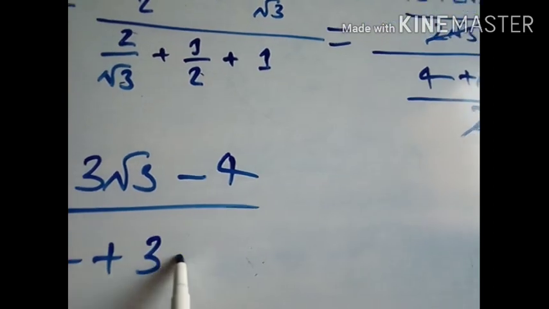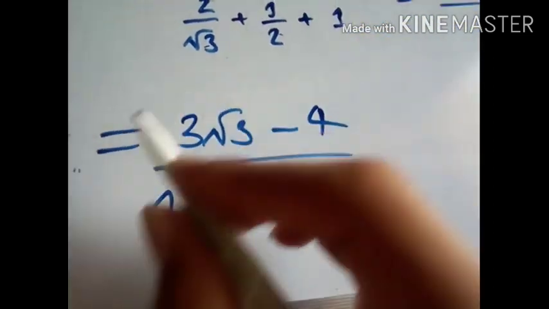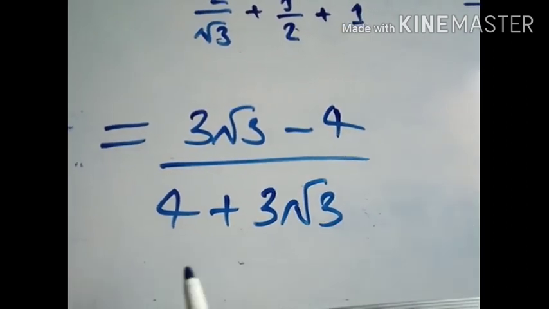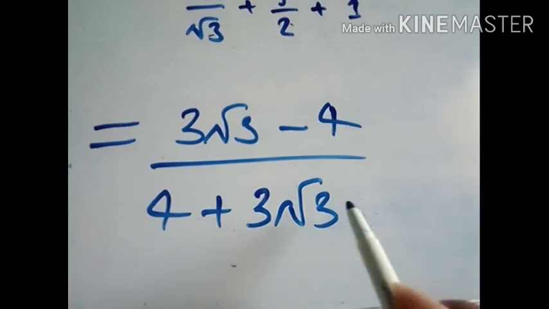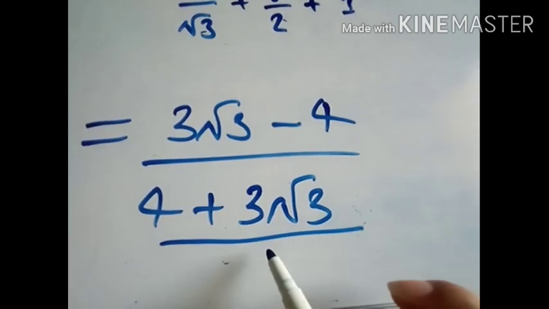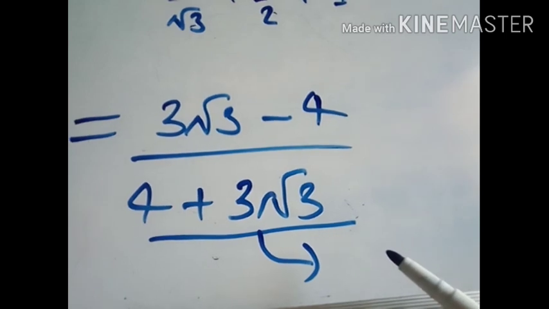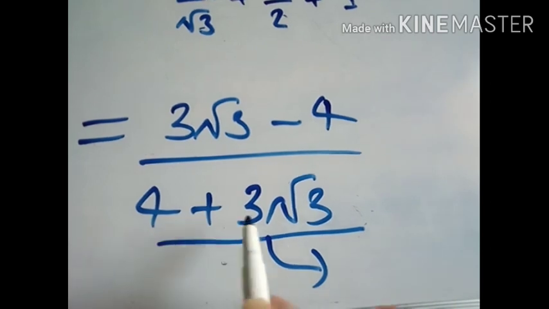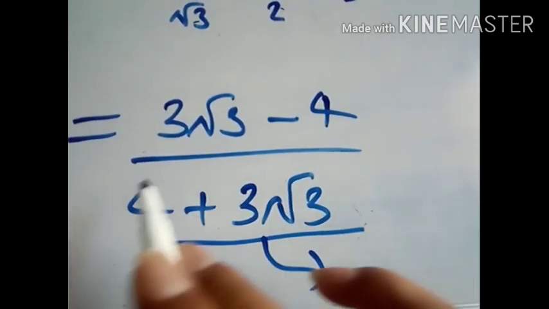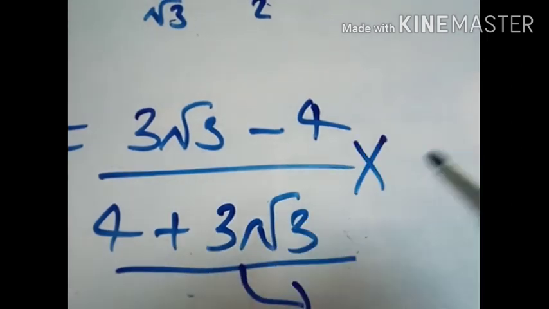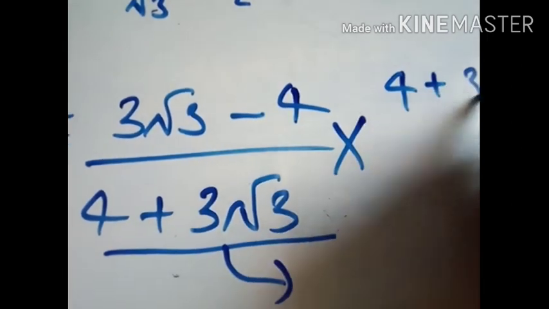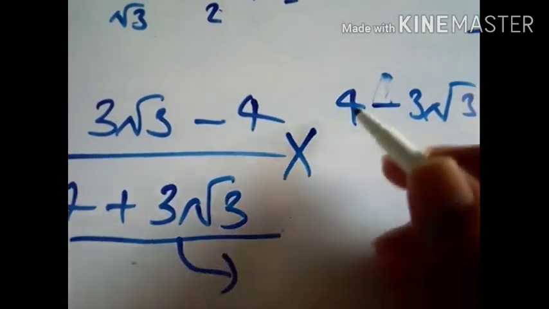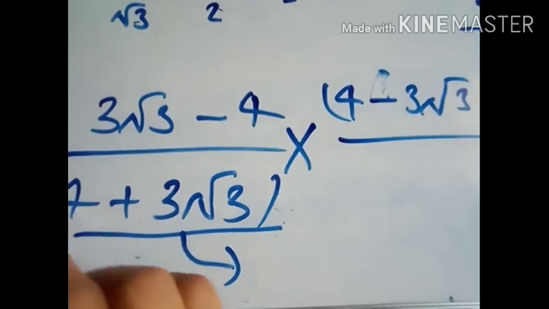Now this is your answer, but this is not the correct way of writing. The reason being, you can see here the denominator is holding an irrational number. You have studied this in chapter 1. 4 plus 3√3 is an irrational number. So let us rationalize it. How to rationalize it? Look here. 4 plus 3√3, there will be minus 4, because we have to multiply with its conjugate. Let us put them in brackets.